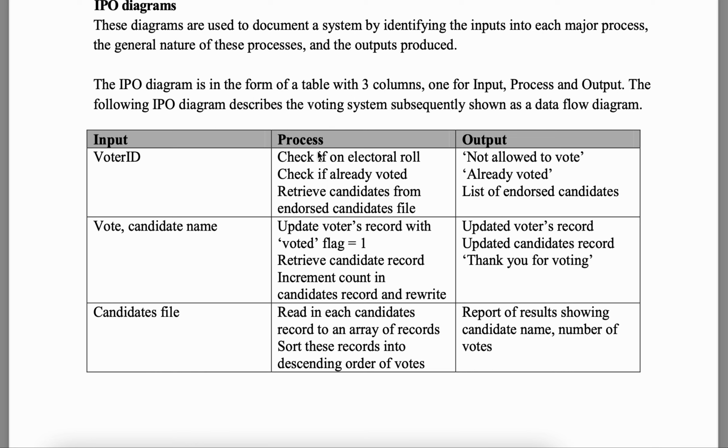Noun, verb, noun. Updated voters record, noun. Not updating voters record, not let's update the voters record. It's the updated voters record. It becomes a noun in output. Report of results showing candidates' name, number of votes, and votes, noun. Noun, verb, noun. Okay? What are all the inputs? What process happens with those inputs? And what gets output? And that's